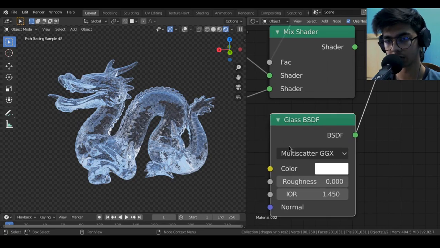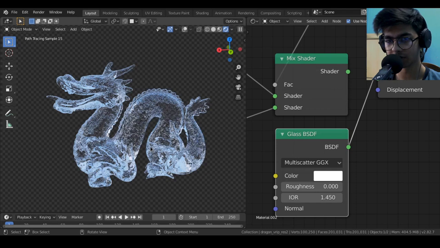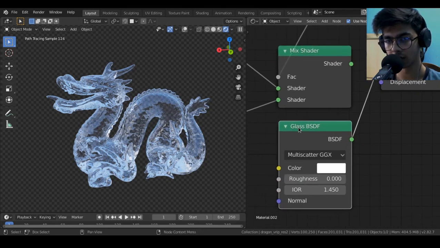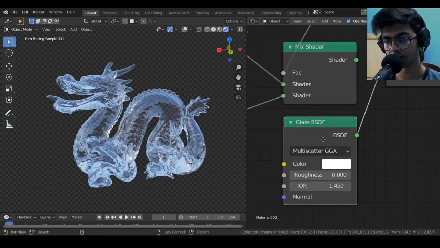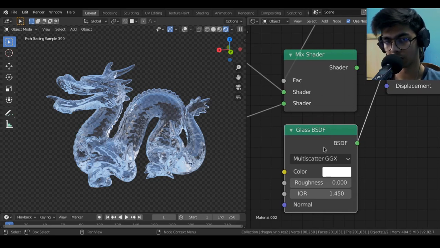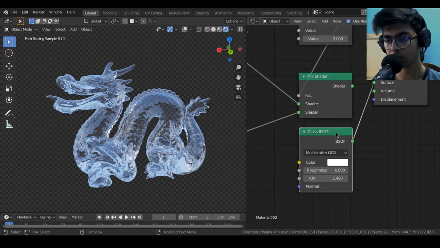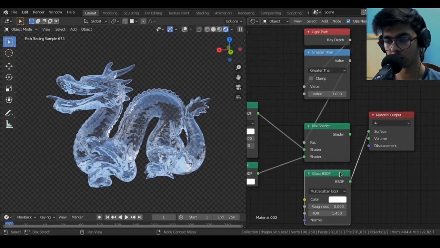So we have this glass BSDF here, which looks pretty good in this scene. But if it is a complex scene with a lot of small light sources and complex shapes and a lot of geometry and multiple transmission layers going on, then it gets very noisy and difficult to render, and it also becomes very dark in areas of intersection in the glass and other areas of the scene. So in order to get rid of those dark areas and to get a clean and faster render with glass, we can use this workaround.